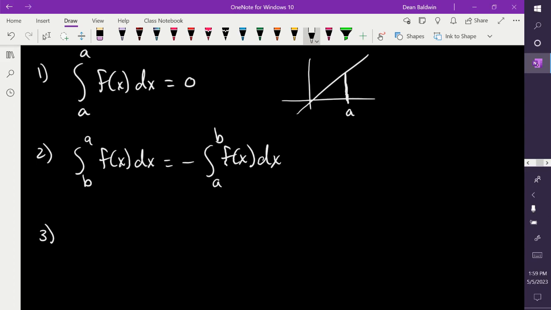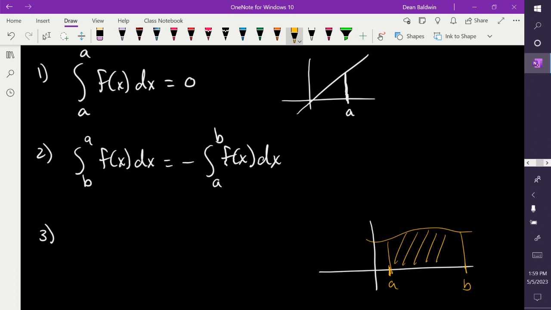If I have, let me draw a graph over here. Doesn't matter what the function is. A to B, I have value C. Doesn't matter where C is, somewhere in the graph. Doesn't have to be in the middle exactly. Then remember this is f of x. So the area between A and B of the function, which is this shaded region here, will be equal to